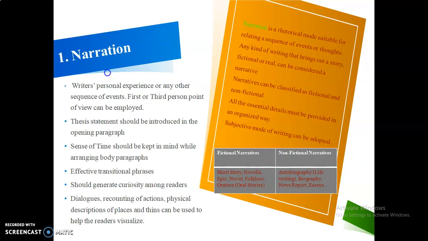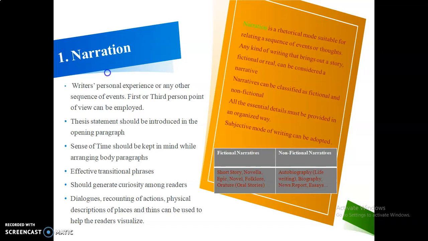Then sense of time should be kept in mind while arranging body paragraphs. Body paragraphs are the paragraphs in which the details of the points are described. While arranging the body paragraphs, we should keep a sense of time, because what happened in the initial stage, in the beginning, should be given in the first body paragraph, and what happened after that should be given in the next paragraph. So a chronological order or a sense of time should be kept, and effective transitional phrases